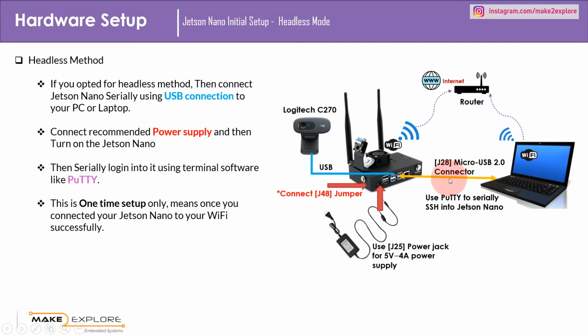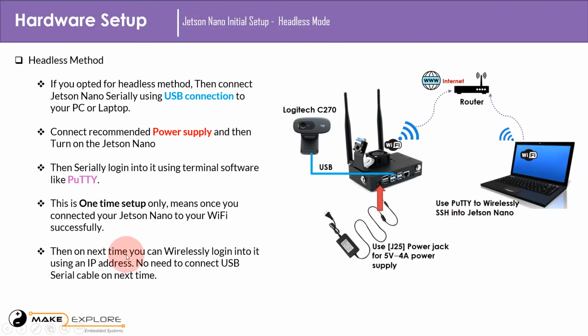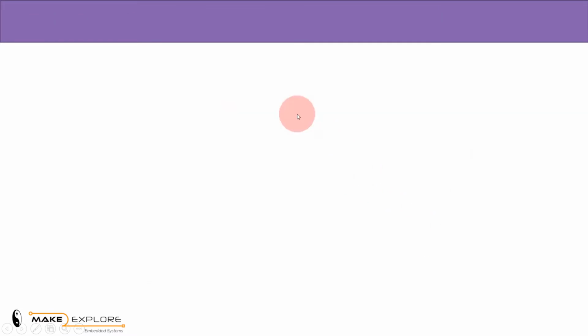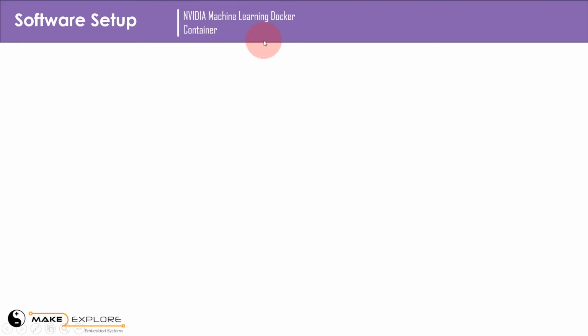Once you get your IP, then you will not need to connect this USB serial cable again on next boot. Jetson Nano will automatically connect to your home network wirelessly, and you can access it through your laptop wirelessly. So, this was the headless mode of configuration. We have spent some extra time here explaining this method since it is very important for this project, as we are going to use a Docker container and we will use a Jupyter Lab server for wirelessly interacting with Jetson Nano from our laptop or PC. So let's move forward and see more info about what a Docker container is.